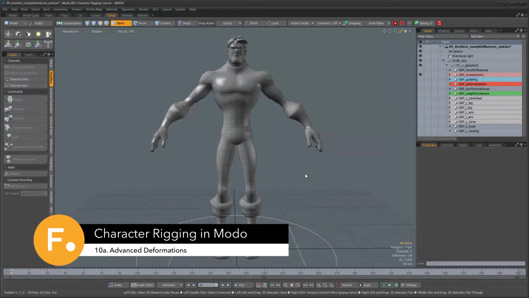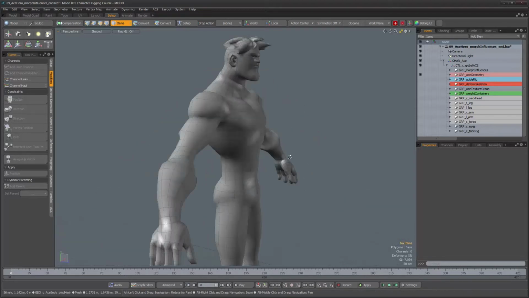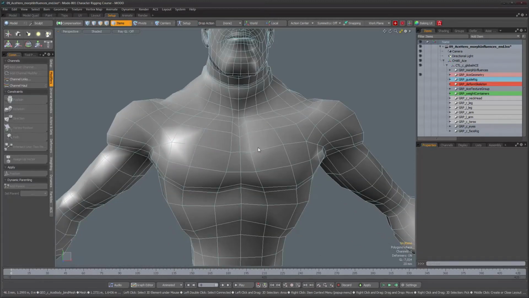Okay, let's get started on the advanced deformation section of this course. And we're going to keep it as simple as possible. And actually, I'm just going to add a couple of extra advanced deformers to this character. But obviously, you can take this and apply it elsewhere, depending on the kind of work and character you're working on. So what I'm going to do is we're going to add a few advanced rigs that will enable us